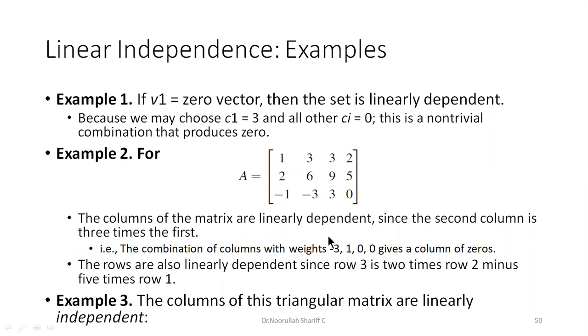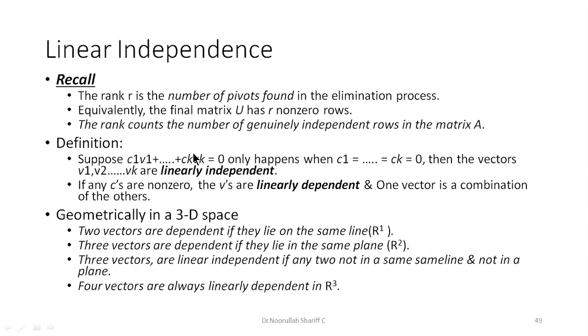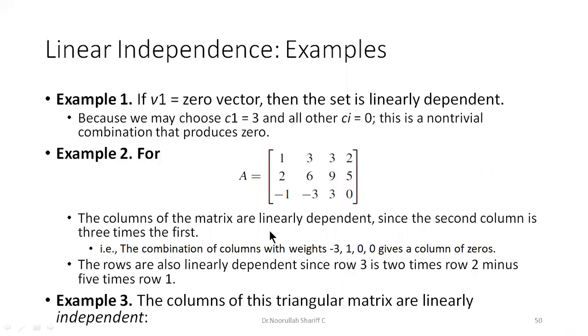So in general, what this means is that if C1 is this, C2 is this, C3 is this, and C4 is this, I can just multiply with each one of these. This is V1, this is V2, this is V3, and this is V4. Each one of these columns can be considered as V1 to V4, and each of the weights as C1 to C4, and then we can apply the rule: C1 V1 plus C2 V2 plus C3 V3 plus C4 V4. Definitely that will turn out to be 0 for these values of C and values of V's. The V's correspond to A.